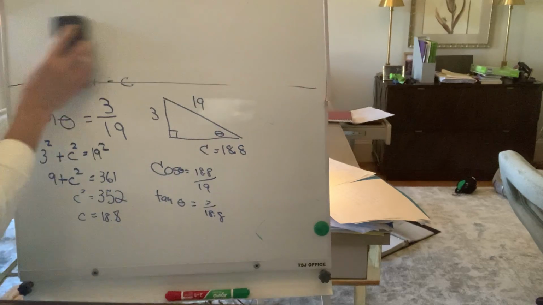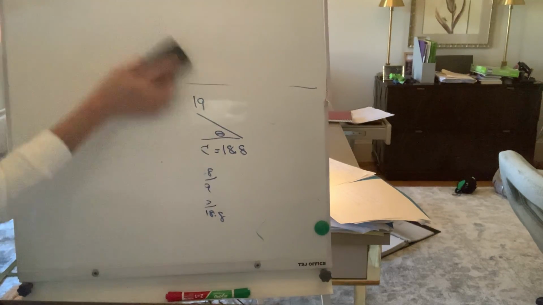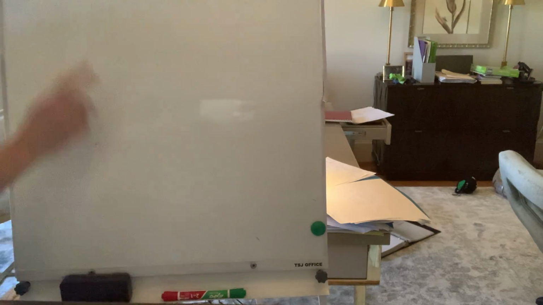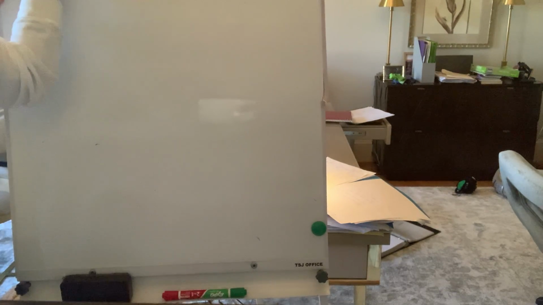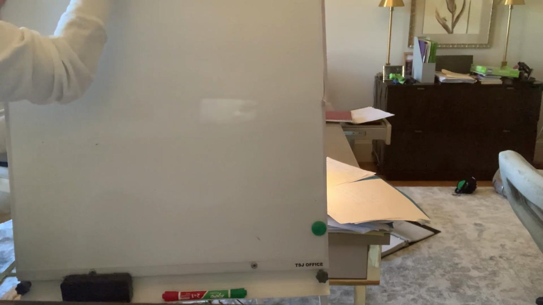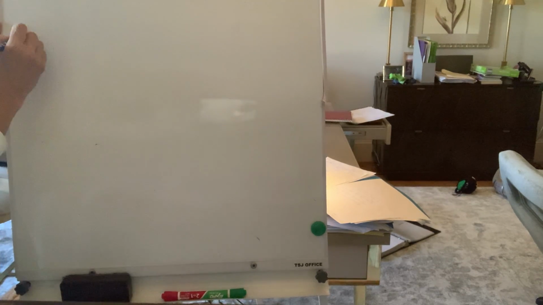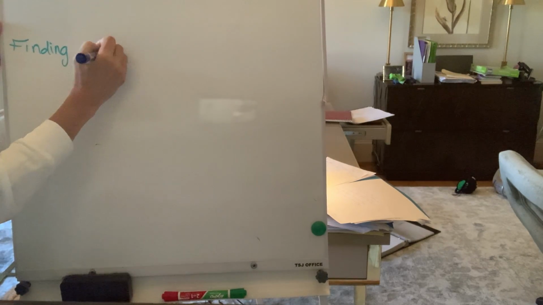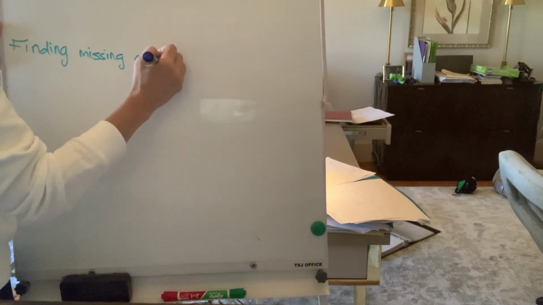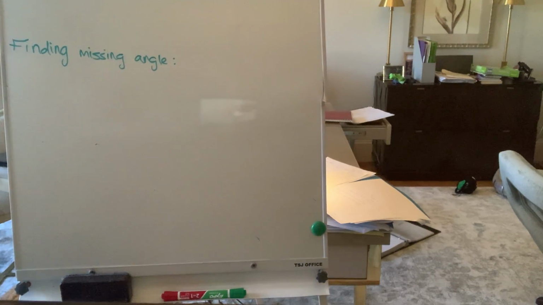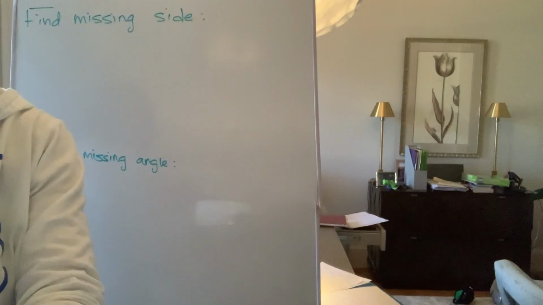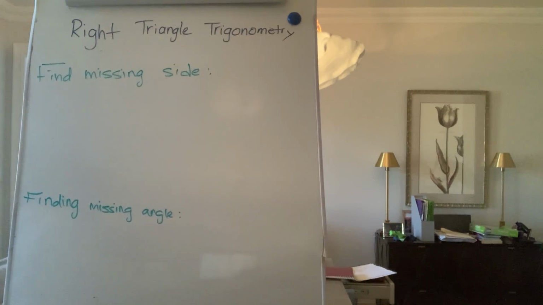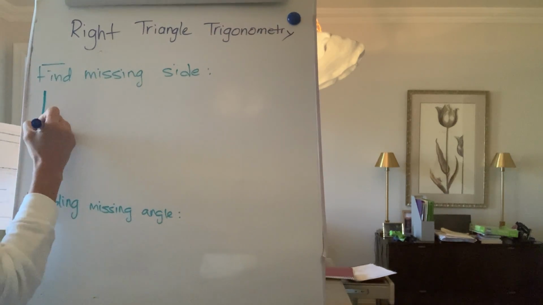You should know how to find a missing side and how to find a missing angle. All right, so find a missing side, when you can't do it with the Pythagorean theorem. So that might mean that they only give you one side. So Pythagorean theorem, as long as I give you two sides, you can find the missing side length. But if they only give you one side, you cannot find the missing side length, and so you need to use trigonometry. So if we look at example 5,